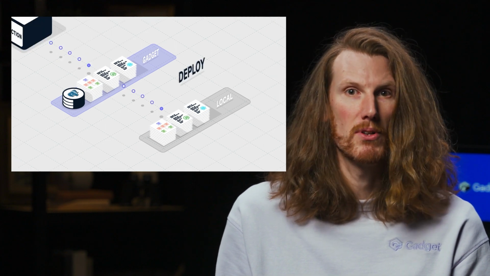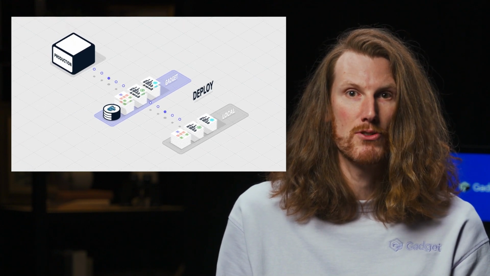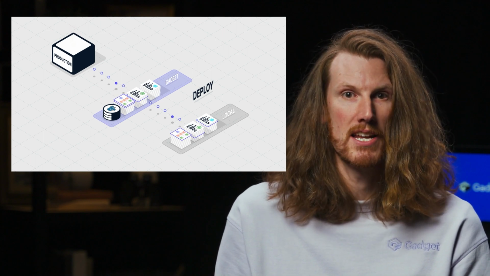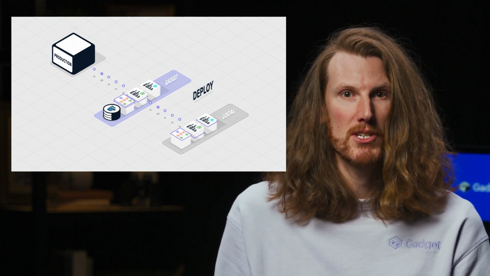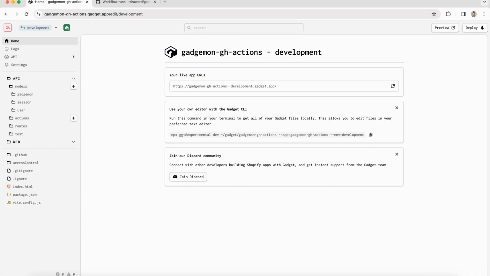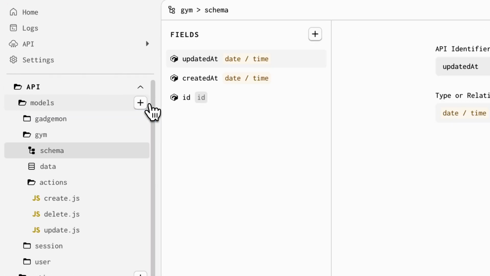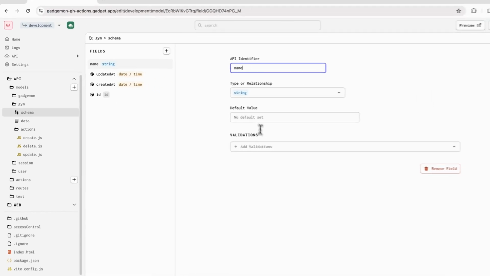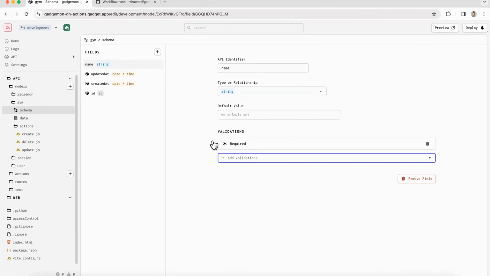Finally, GGT deploy will deploy your current environment to production. If there are any differences between your local machine and development environment, you'll be prompted to resolve these differences before deploying. And we can use these new commands to build a continuous integration or continuous delivery pipeline using a service like GitHub Actions. I can add a gym model to my Gadget app and push these changes to my main